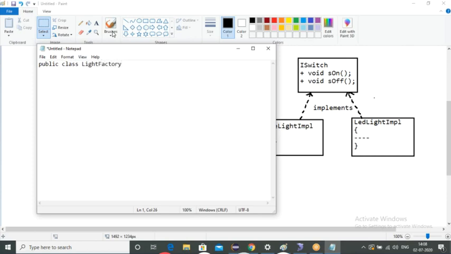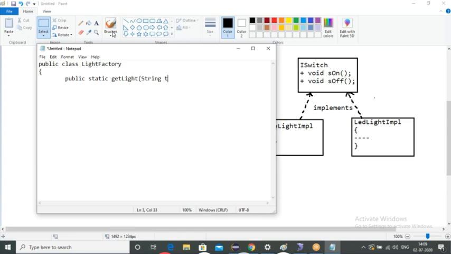I'm taking light factory. Now here, the same way, public static, and the method name I'll be using is get light.